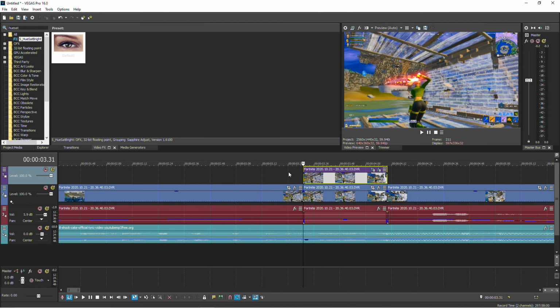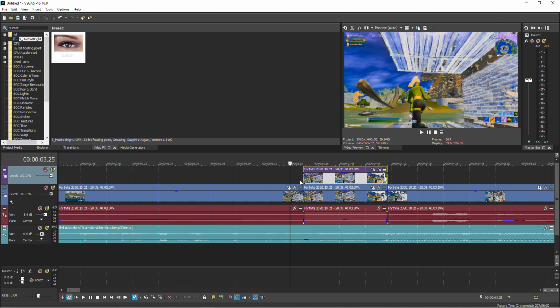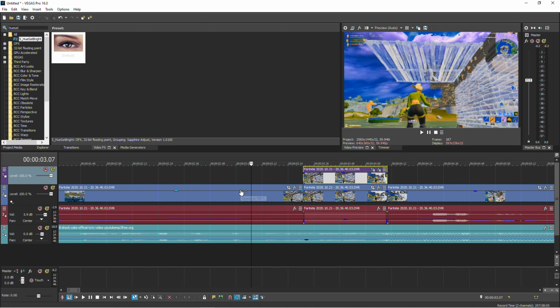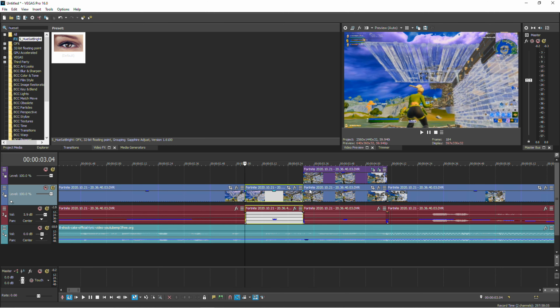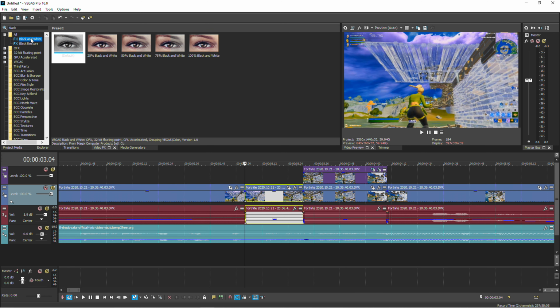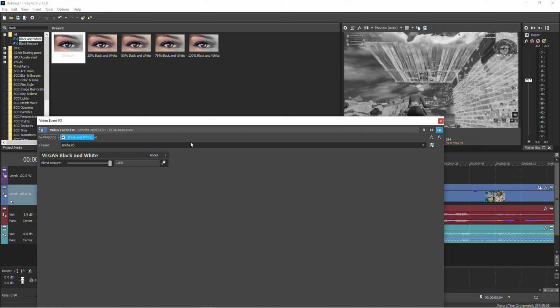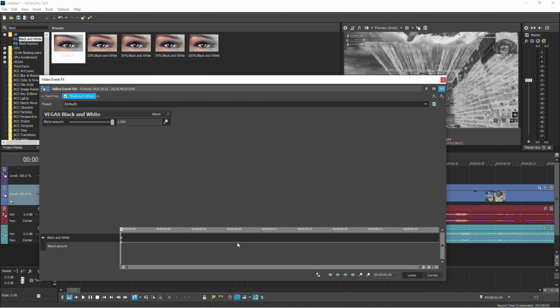Okay, so now what you want to do is try and get your black and white and your sound sorted. So you want to go back about 20 frames. That's perfect there. And you want to right click and split this here, not the top clip, but the bottom one. Then go to your top right and look up black and white. Then you add in your defaults in here and you keyframe it for about, I reckon, 12 frames. And you put this from 0